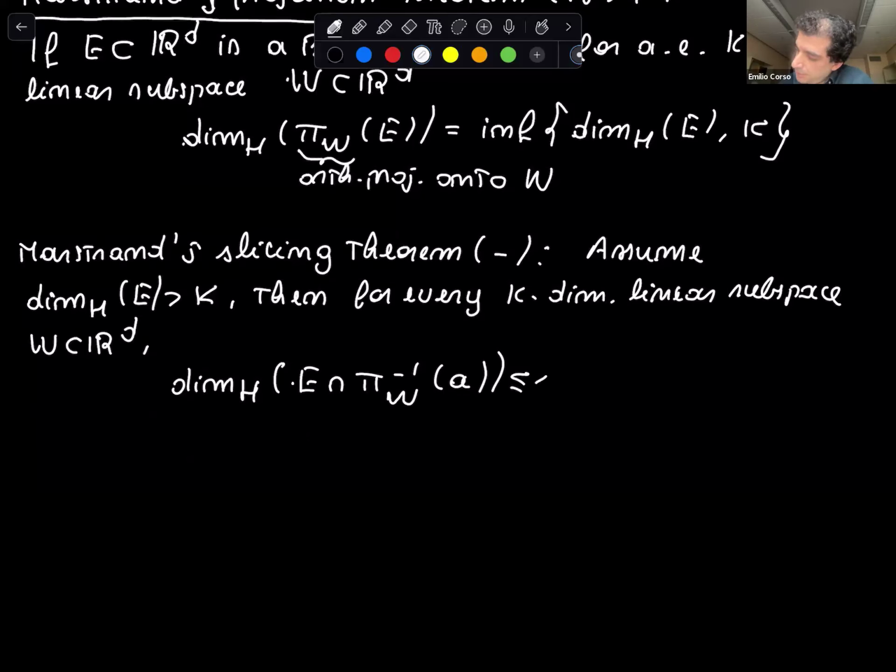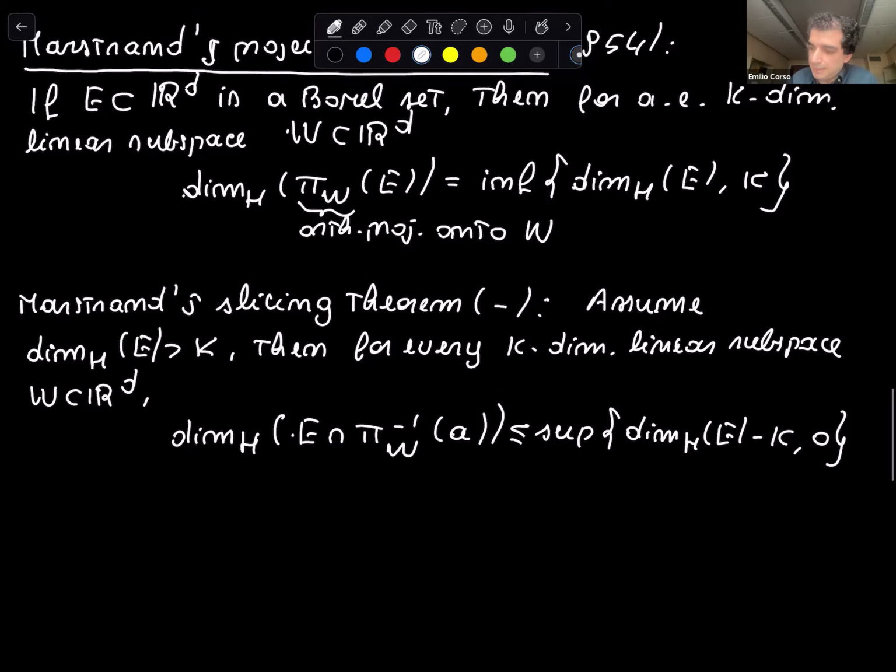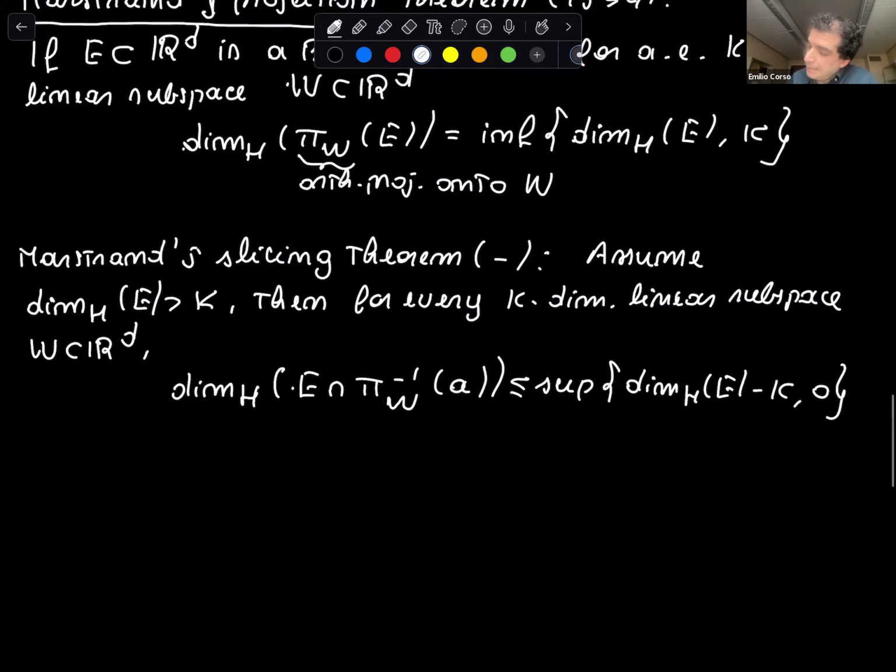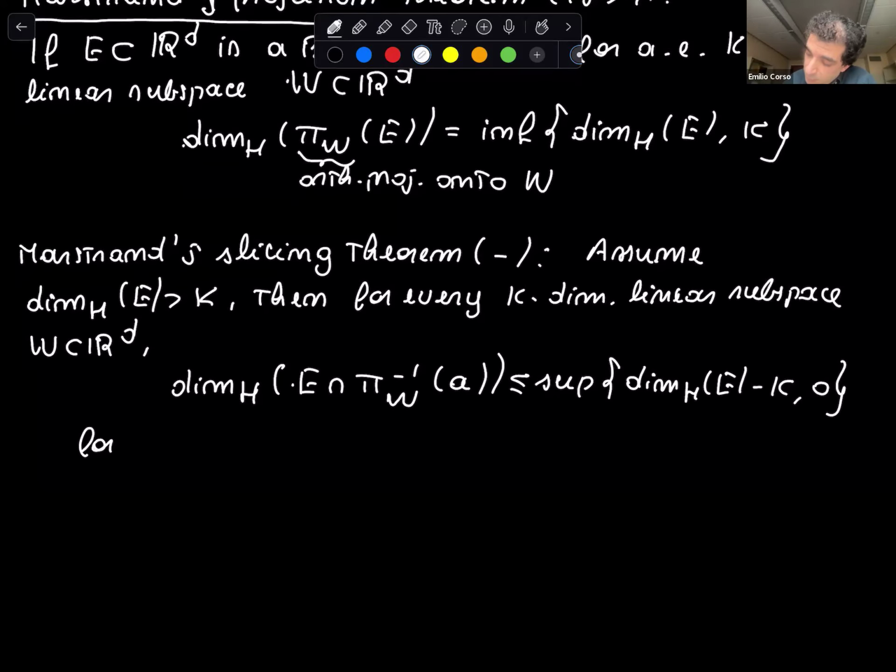This is at most the supremum between the difference between the dimension of E and K and 0, which is nothing but the dimension of E minus the dimension of the projection, for Lebesgue almost every a